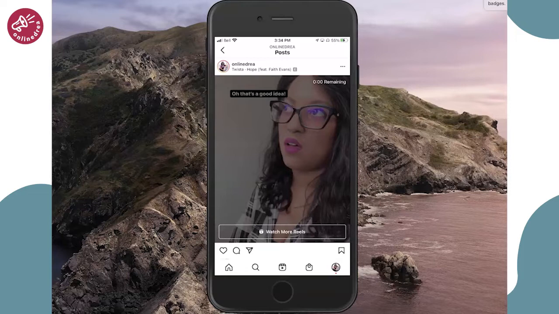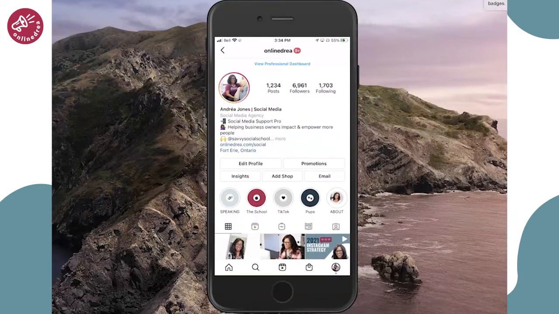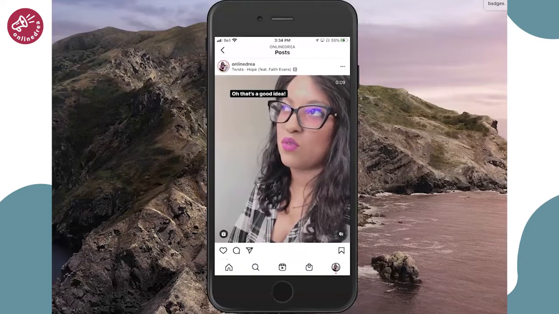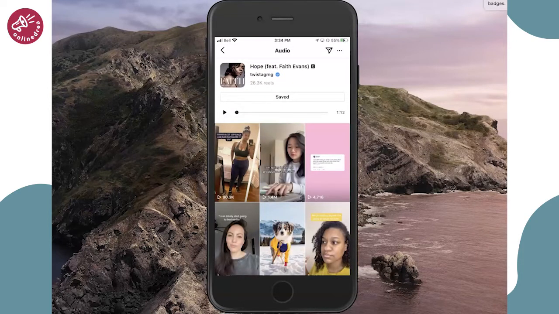Now, the next thing I want you to do before you hit record is go to this reel that I posted and save this sound. So even if you have a business account, you're going to tap on the music option and then hit save. Okay, and I've already saved it here, but you want to save this to your sounds, to your music, because